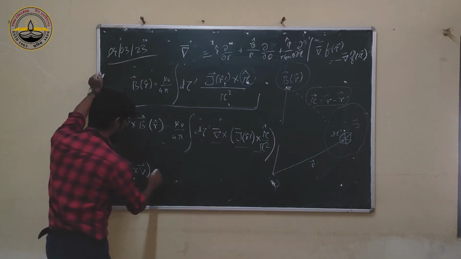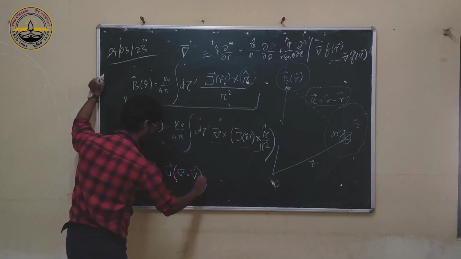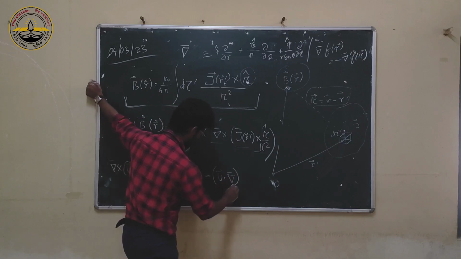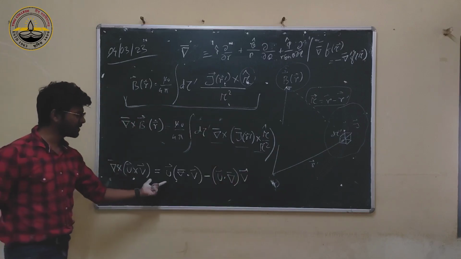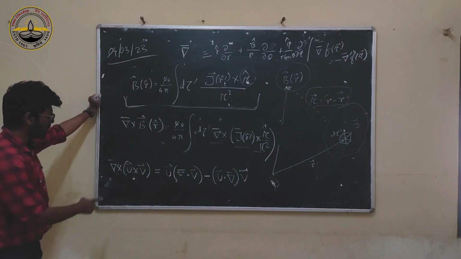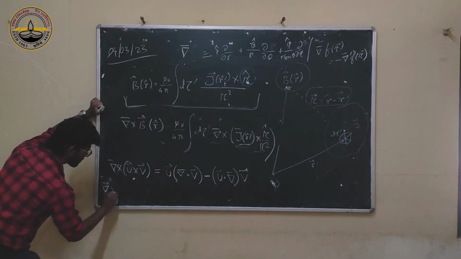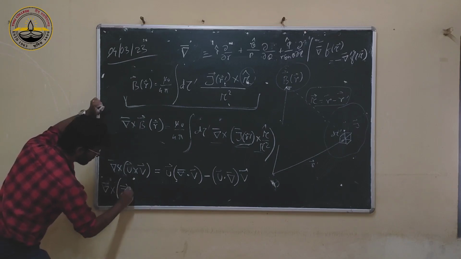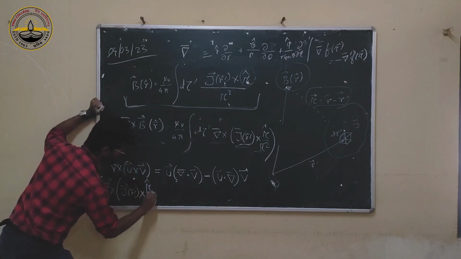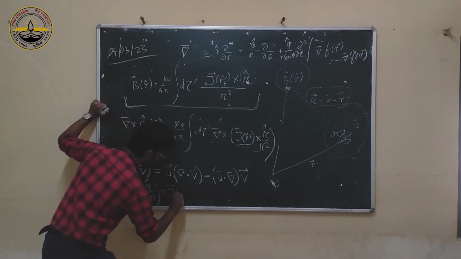So that is U del dot V minus U dot del V. For del cross U cross V, this is the formula. U and V are some vector fields. Now U here is this J. Let me put J of R prime times V, which is this R cap over R squared, equal to J of R prime